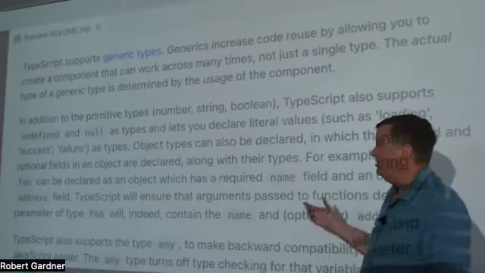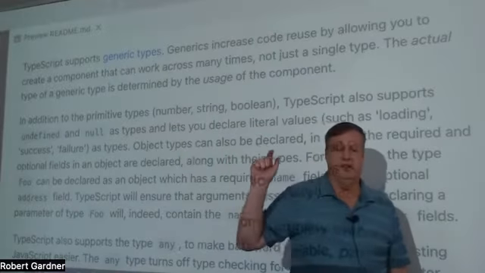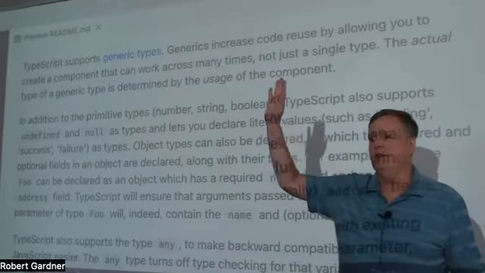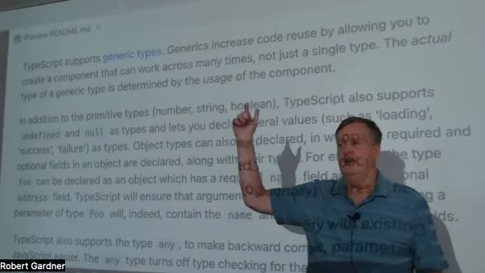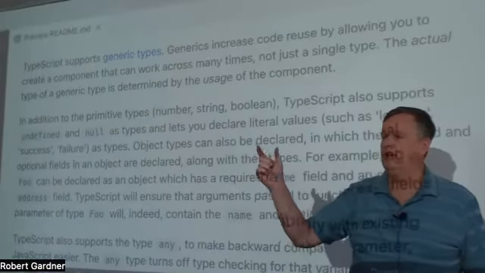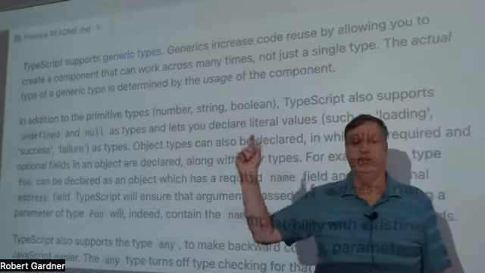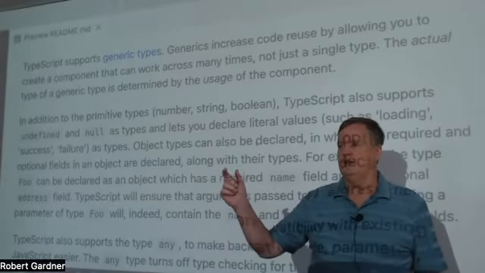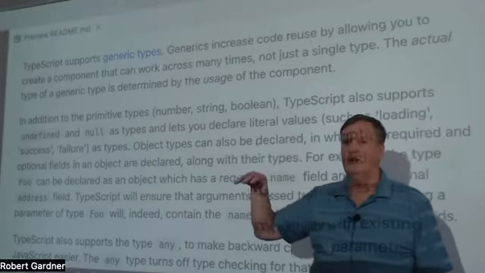Then also there's generic types. I won't get into that too much, but generic types are ways to say, well, array is one that you've used right now. So what types of things can you put into an array? Anything. So you can put anything in an array. And if you're dealing with that in your TypeScript code, and I have an array, I want to know what types of objects are in it. And so generic types allow me to say, this thing is an array and it only contains strings, or this type is an array and it only contains objects of this type. So this is what generic types are used for.